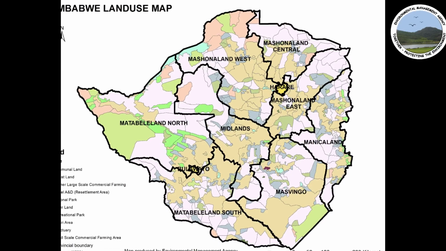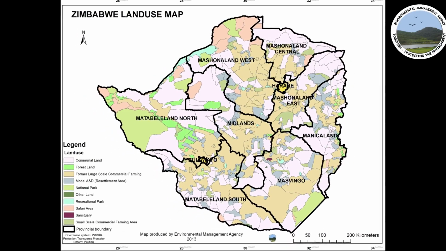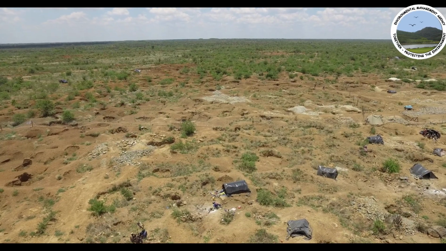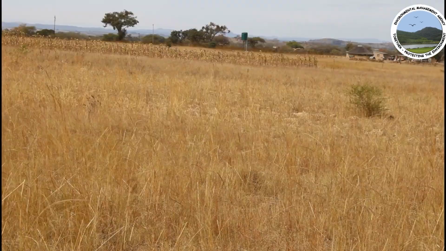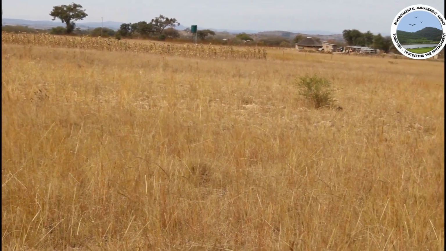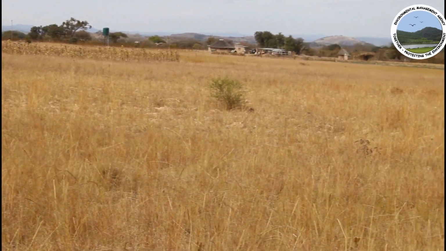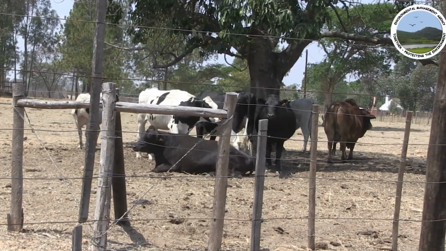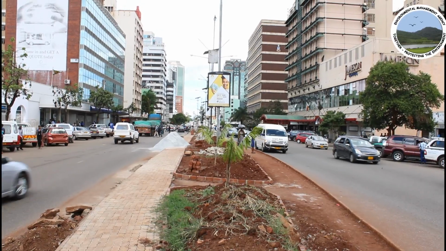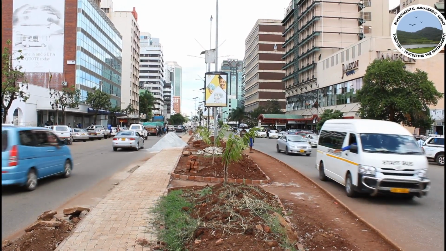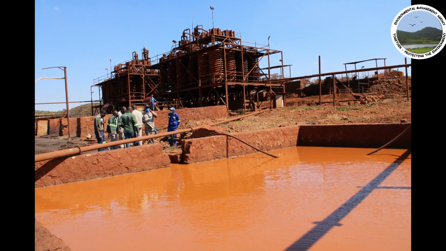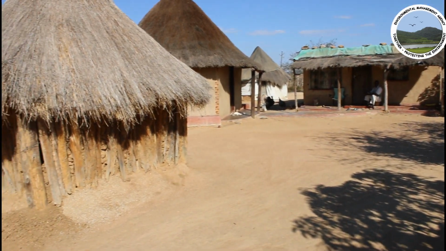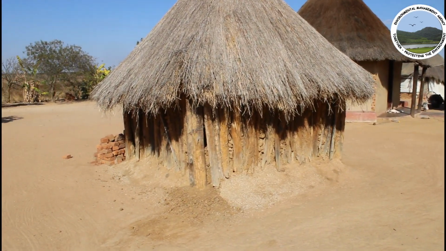A closer look at land distribution by agroecological region and land use categories highlights some of the origins of environmental challenges in the country. Zimbabwe's land is divided into land use classes on the basis of land quality and land tenure systems. The land is classified as communal, resettlement, protected areas, urban areas, mining, forest, conservancies, and water bodies. The land tenure systems determine how people get access to land and their use rights.